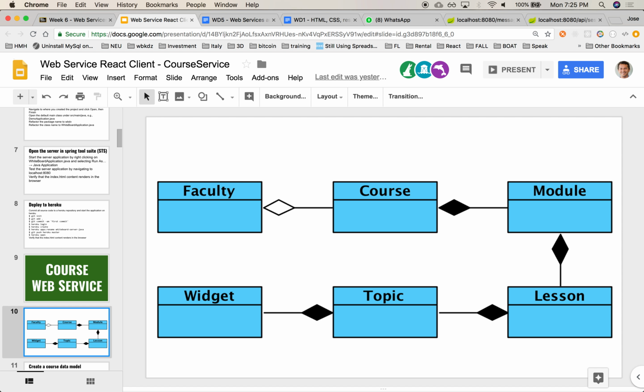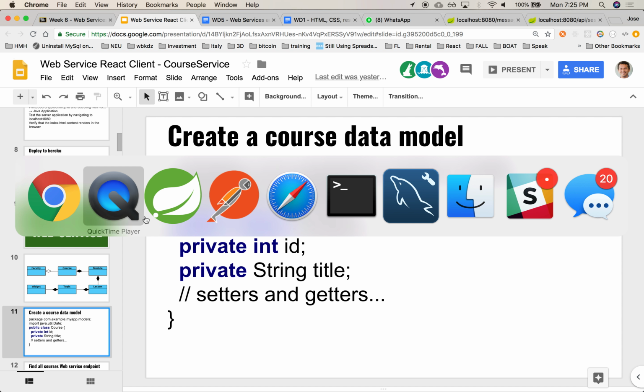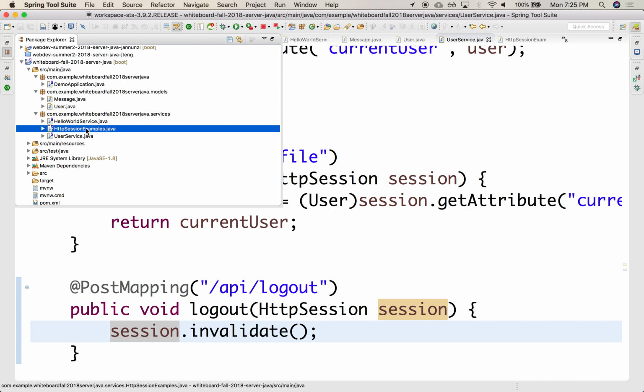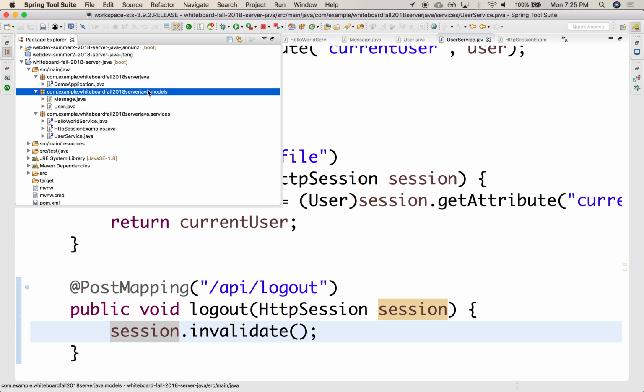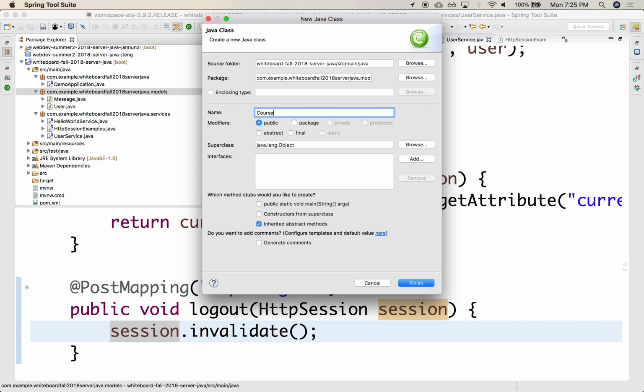course web service. So we have our data model where we have faculty that might have many courses, that have modules, lessons, topics, and widgets. So let's get started with perhaps a data model for the course. Right? So let's create here in our model. Let's create a course. There's a course